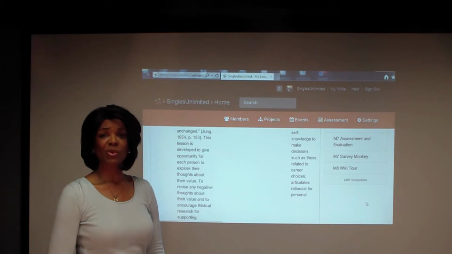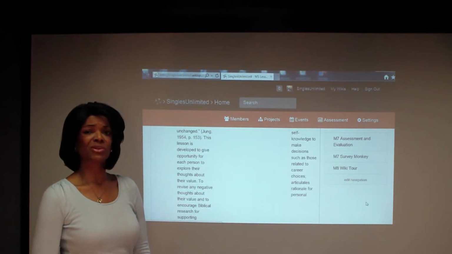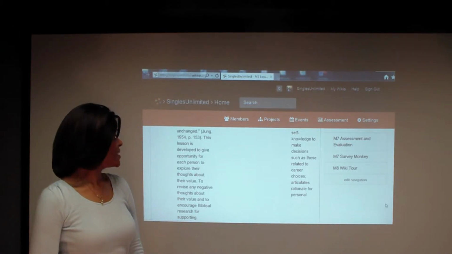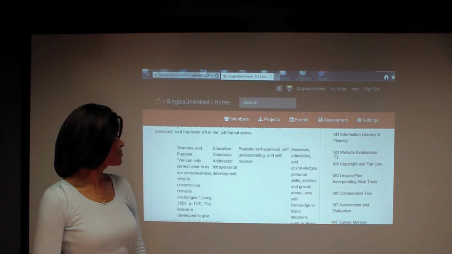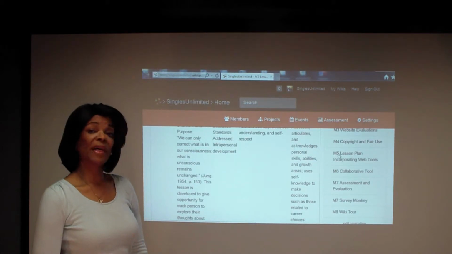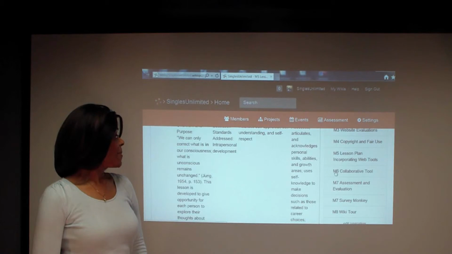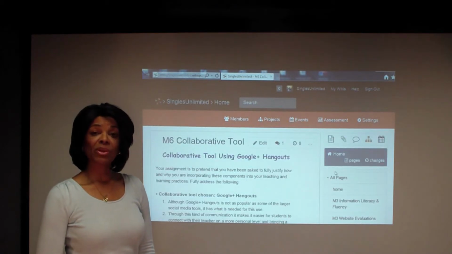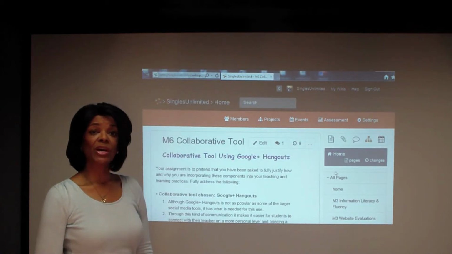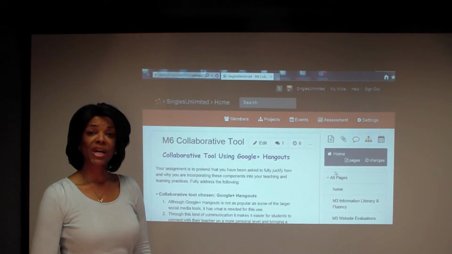It's similar to a syllabus. When I was looking at it, it looked like a syllabus in a way. But that is our lesson plan. That was Module 5. Now, the collaborative tool, Module 6, has to do with the online courses that don't